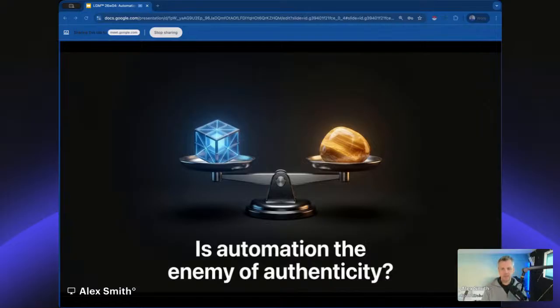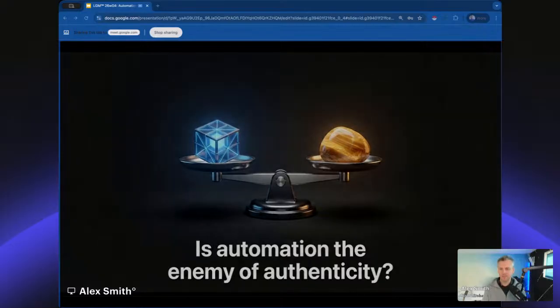Let me begin by being absolutely clear where I stand about this. I run Leadith. Leadith is a kind of LinkedIn automation tool. So I'm obviously not anti-automation, but I'm also fiercely pro-authenticity. I love people representing themselves in a very genuine way. And I believe those two things can coexist. In fact, they have to coexist if you want sustainable, long-term success on the LinkedIn platform.